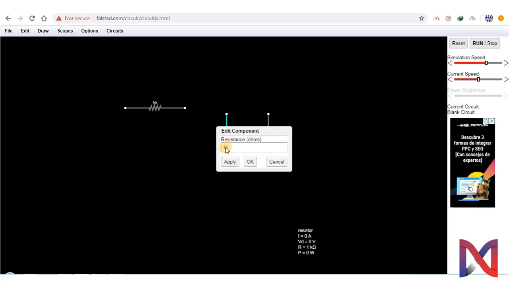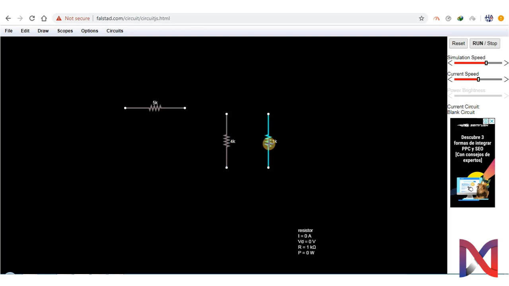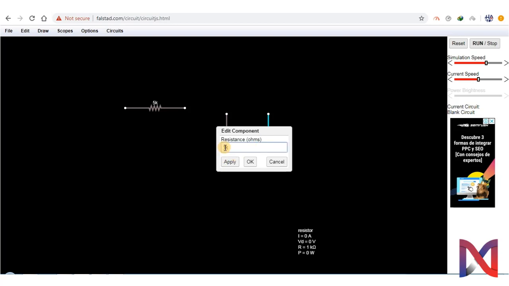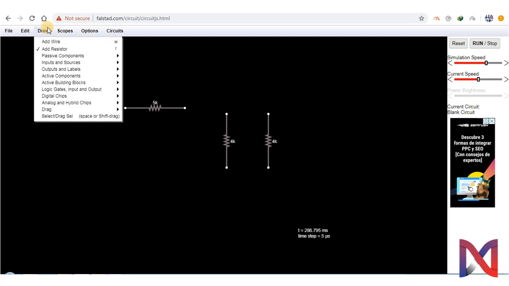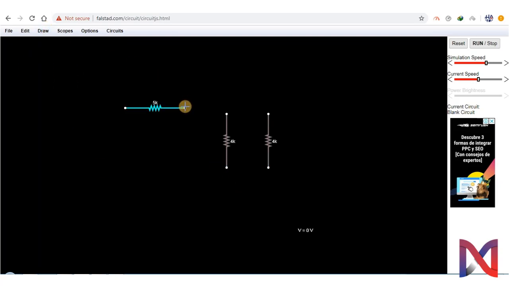Second and third resistors were of 4 kilo ohm respectively. Now that we have changed the value of resistors, let's now connect the circuit through wires.